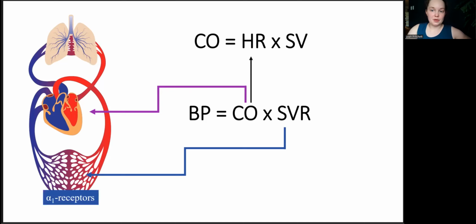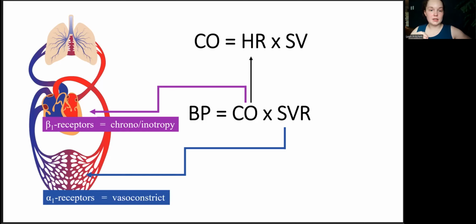Alpha-1 receptors are located throughout the body, but our relevant locations for our purposes here are largely in the systemic vasculature. The agonist effect, or what happens when you stimulate that receptor as opposed to blocking it, is vasoconstriction. And beta-1 receptors are mainly located on the heart itself, and stimulation of them results in a higher heart rate, which is called positive chronotropy, chrono meaning time, and a higher contractile force in the heart, which we call inotropy, positive inotropy. Beta-2 receptors are located in the systemic vasculature similar to alpha-1, but their stimulation actually causes dilation of